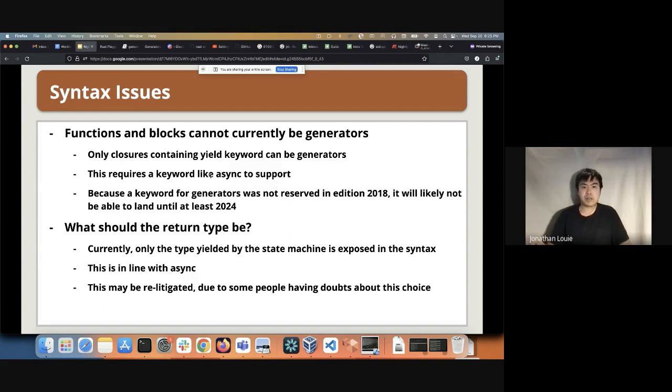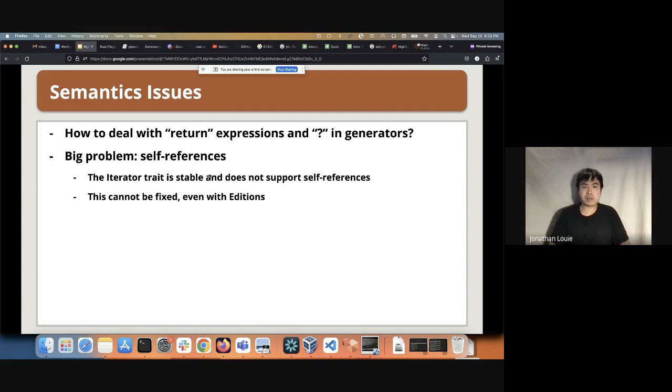So that's one of the other big issues, or maybe not a big issue, but that's one of the syntax issues. In terms of semantics issues, something that they've been working on is how to deal with return expressions and the question mark operator in generators. So this is specifically more about early returns, or having the question mark operator used in between yields,